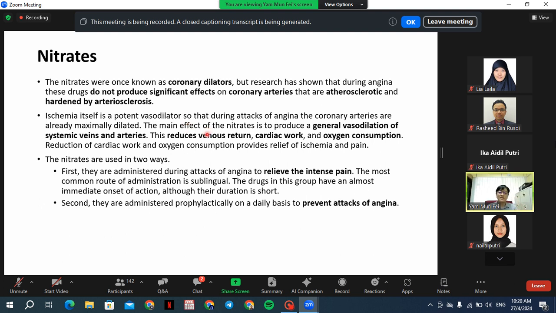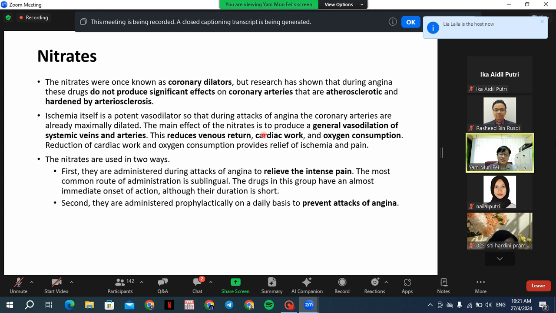Once you use nitrate, you will produce vasodilation in your systemic veins and arteries as well. By doing so, your venous return will be reduced, and then your cardiac work will be reduced, meaning that your heart will be in more relaxed conditions, and then oxygen consumption will be reduced as well. So that's why we reduce your pain conditions. Okay,